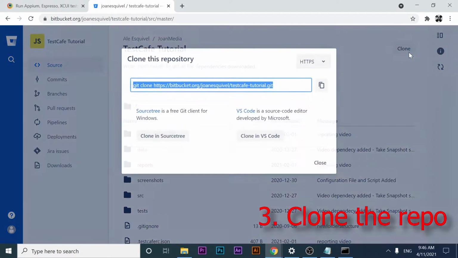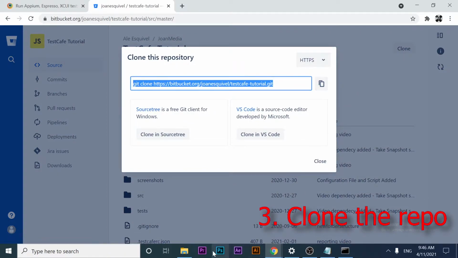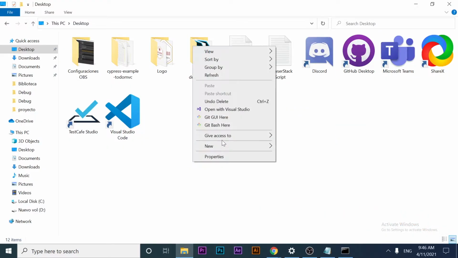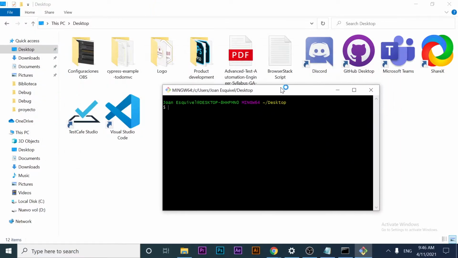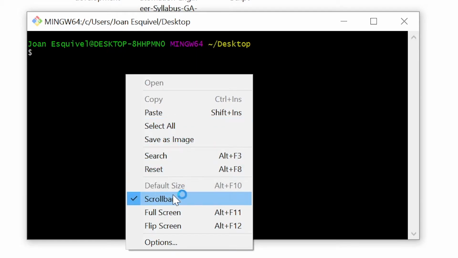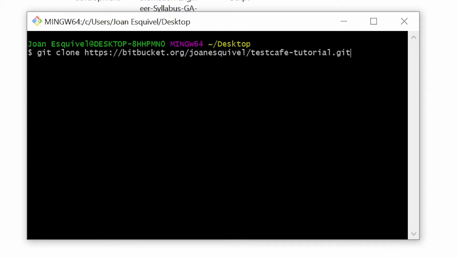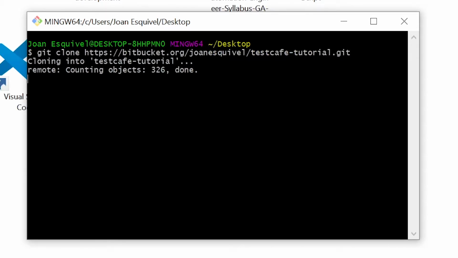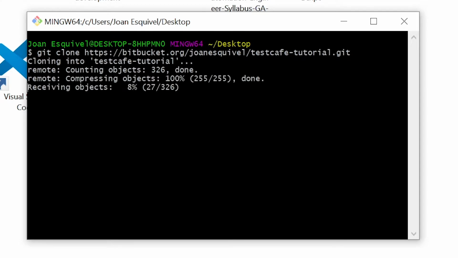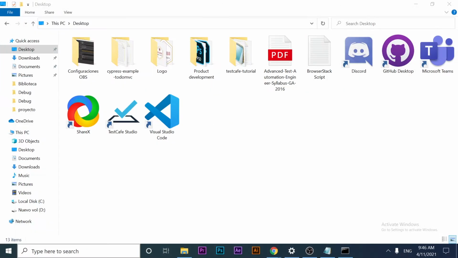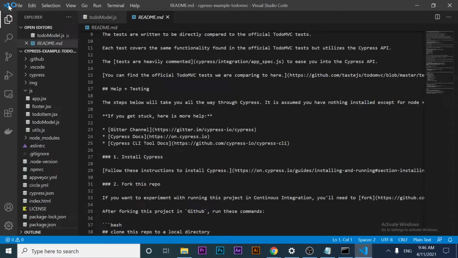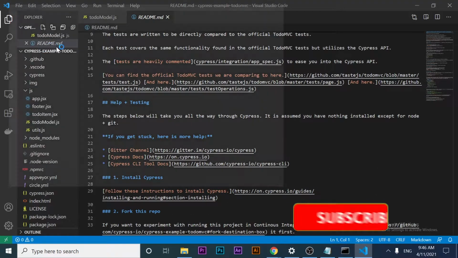Now we just have to clone the repo. We just have to come here and open Git Bash here. You're going to have the repo in the description of this video if you want to download the project. You just have to paste the git clone command, and then you're going to have your project downloaded. Then we'll just have to open Visual Studio Code, open the folder,